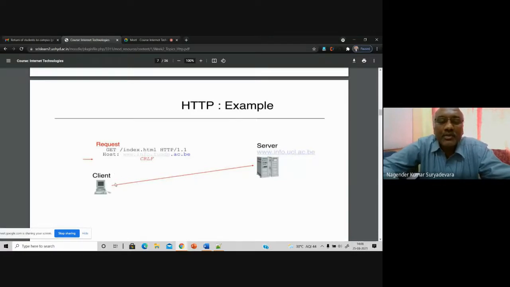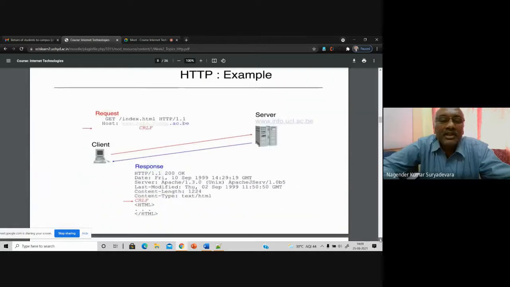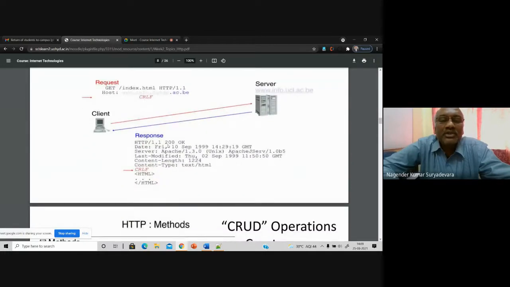You can send it from your computer or from your browser, which is basically a client program, and the request is sent across the internet. It is sent to the corresponding server that hosts that information, and once it is available, you will get the response. You will get the response saying 200. Obviously 200 indicates success. This index.html page is available on this server, and the protocol being used is HTTP 1.1.